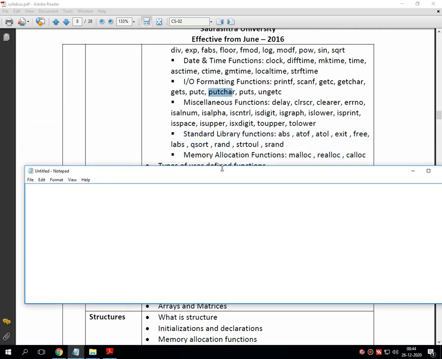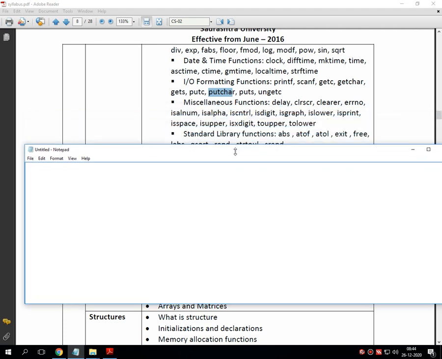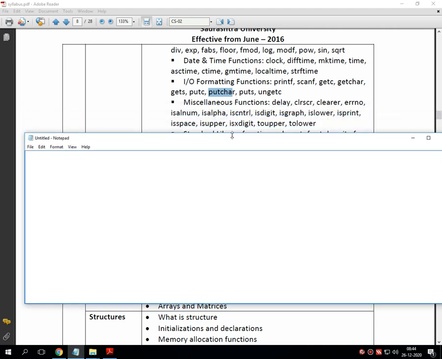Next one is miscellaneous function. And into the miscellaneous function, first one is delay. Delay is related with time.